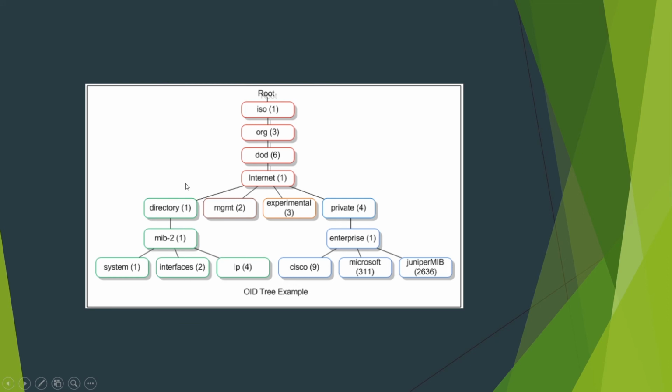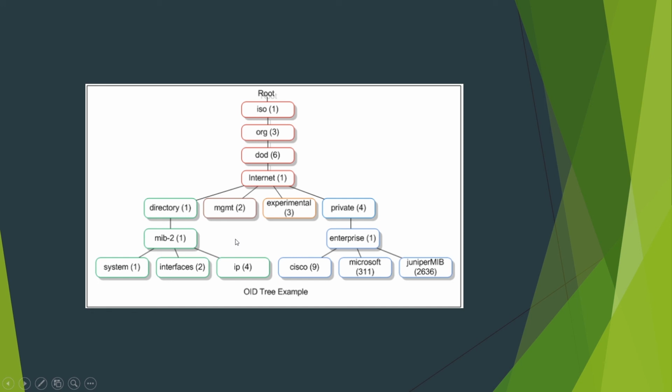So if you pass this 1.3.6.1.2.1.2 to a tool like snmpget, with the public or private string if you know them, then you can easily get the information of the interfaces of that computer. And in the same way, if you access 1.3.6.1.2.1.4, you get the IP address of that machine, or you can get all the IP addresses of all machines. So in this way you can construct a tree-like structure and query with this dotted format.